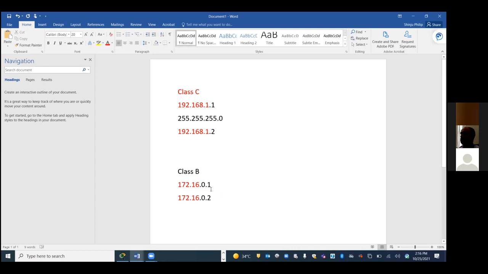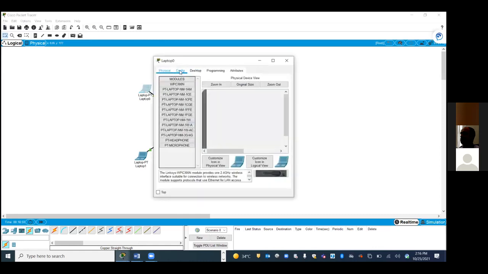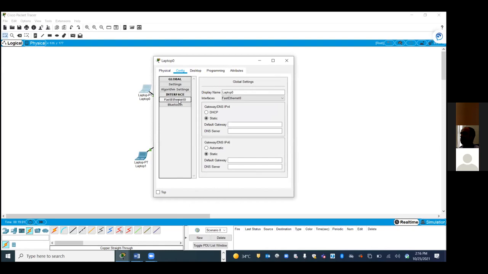So what will your subnet mask be? 255.255.0.0. Excellent. Only this part will change every time, right? So let's configure this range. Let's go to the laptop. Go to config, Fast Ethernet.